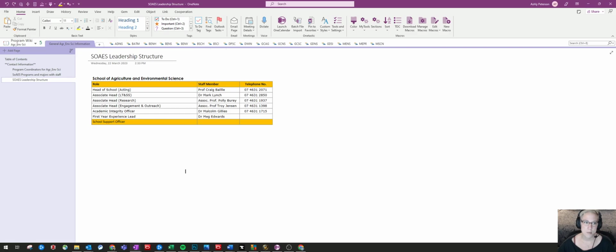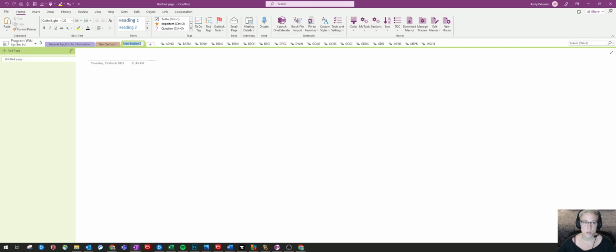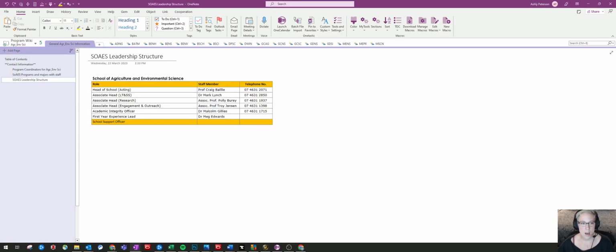Okay, and then obviously up the top here, I have a section group. So these tabs here, when they're colorful, they're called sections. And so you can add multiple sections just by clicking the tab here. Or you can have a section group. Now, the reason there's a difference is when you go into this, it allows you to make more sections or tabs, whereas you can't once you're at the section level. If you think about it this way, it goes section group,